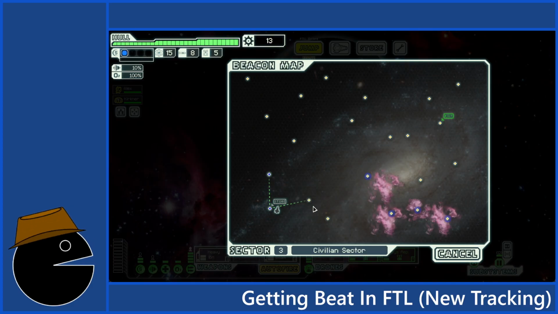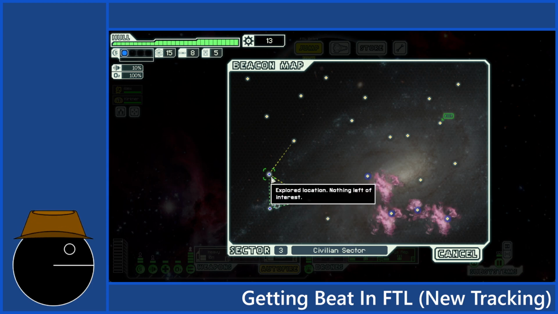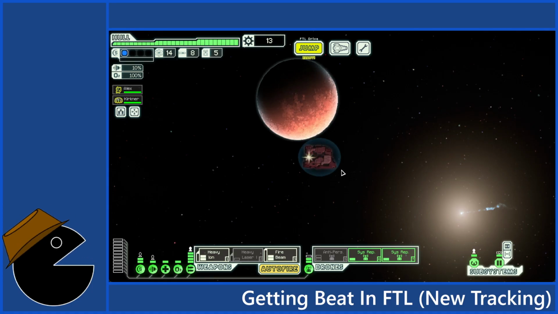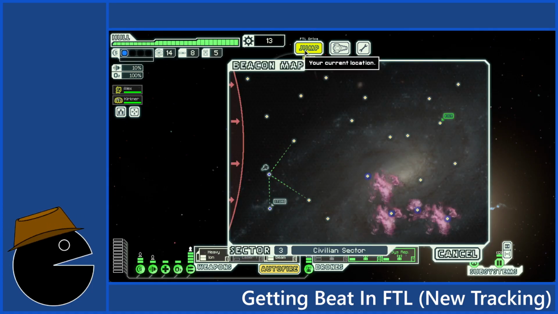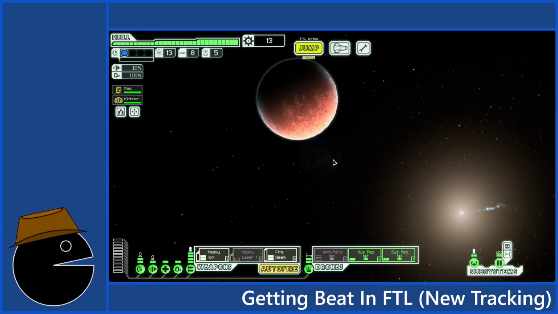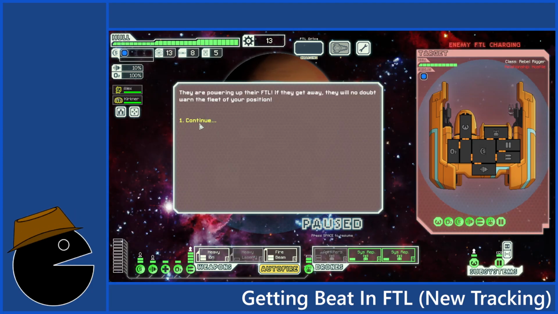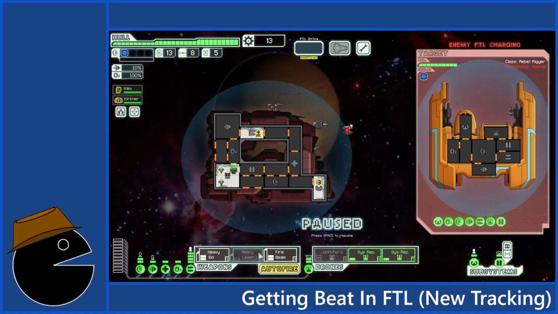The only way out of this corner here seems to be back where I came from, which is going to put me in a bit of a situation trying to run from the advancing enemy.